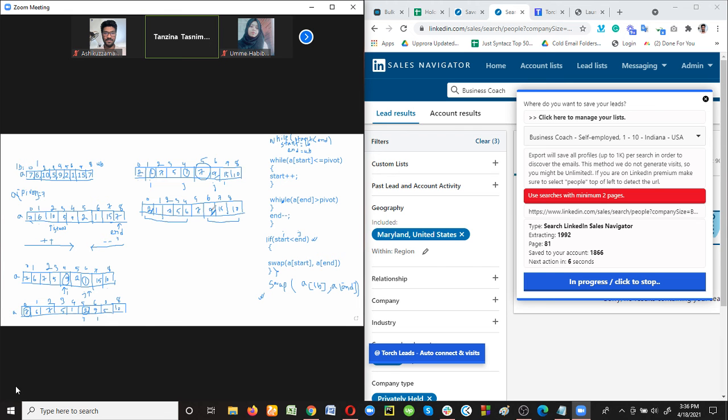And now we have placed it in its correct position. Okay, but in the left subarray, we still didn't place it in its correct position, right? So from where will we start the process? Here I equals 1 and j equals 4, isn't it? Yes. Then again start the comparison.